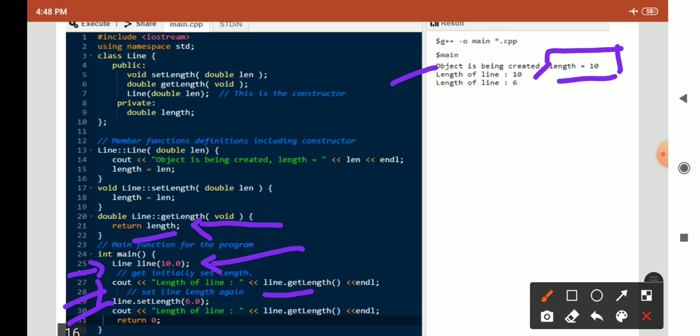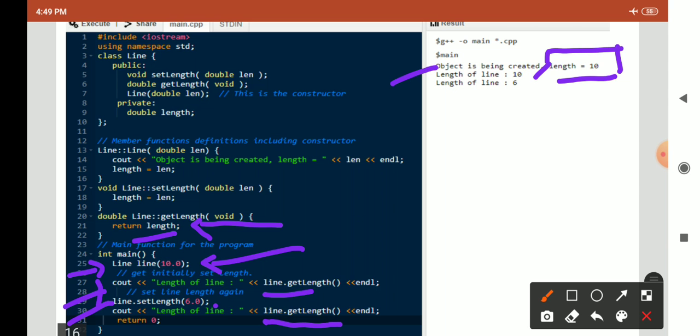Check here, again we are calling set length. Line is an object of the class and set length is a method. We are calling this method and passing the length value 6. Then we print this value with cout length of line and again call line dot get length.